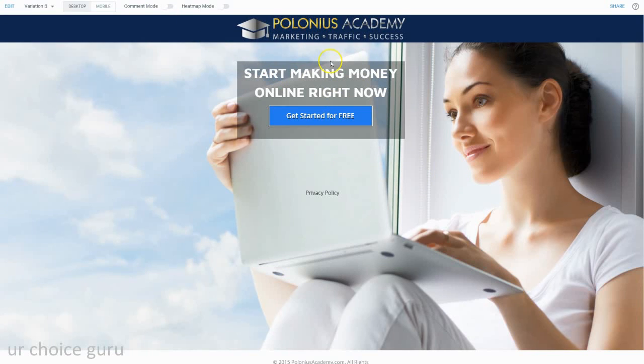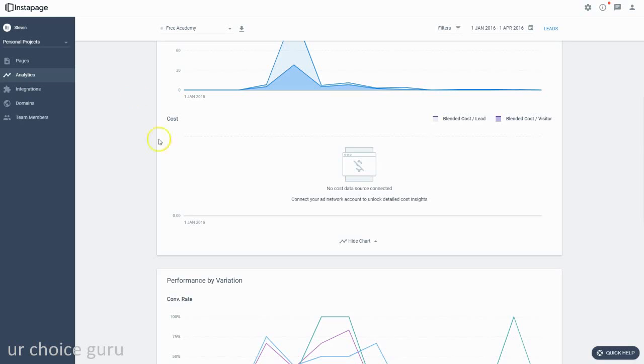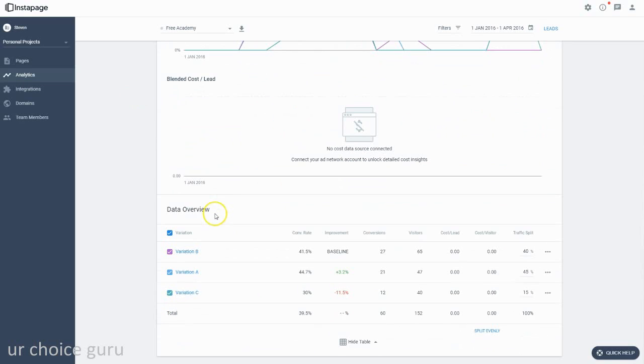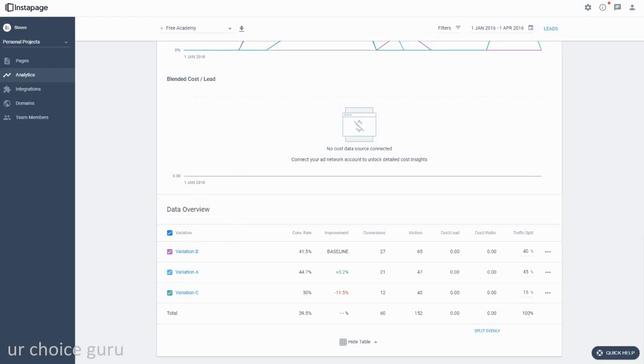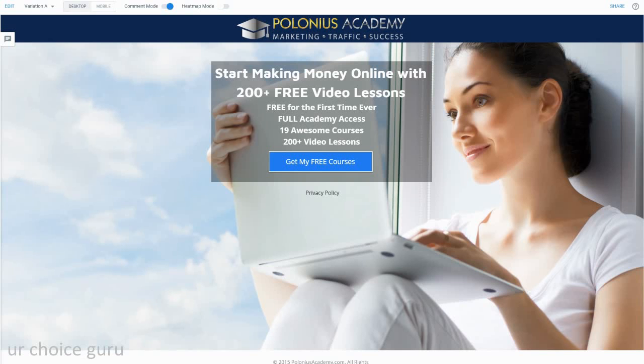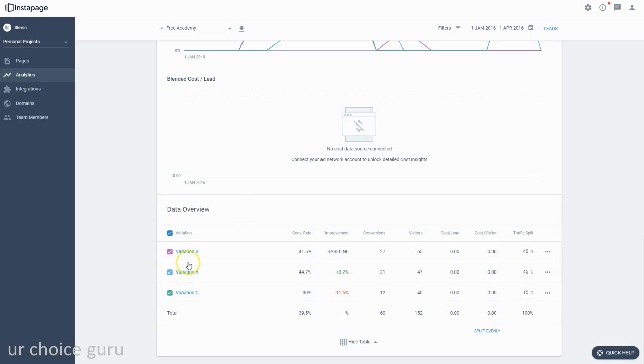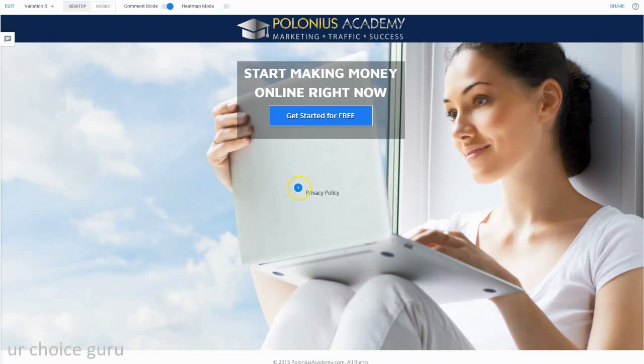So this was the original, and then it was split tested against a couple of other variants. Let's make sure I got that right. This is the original, variation A. They're out of order in that line there. Okay, that's the original. That makes more sense. So this is the original, and it has a little bit of information about the product. Variation B presumably was the blind one. Yep. And variation C